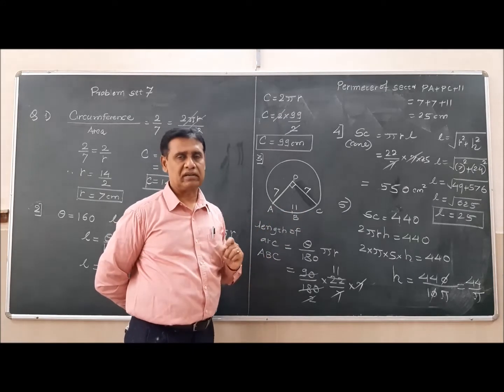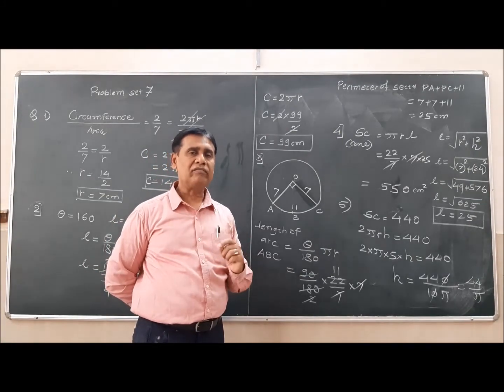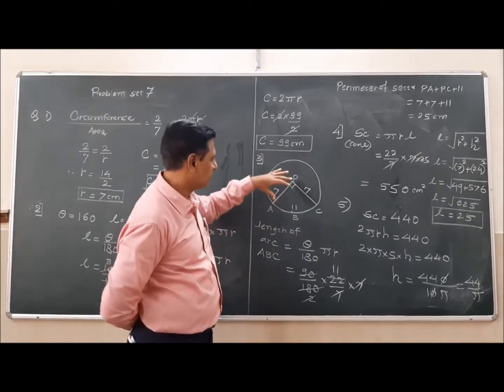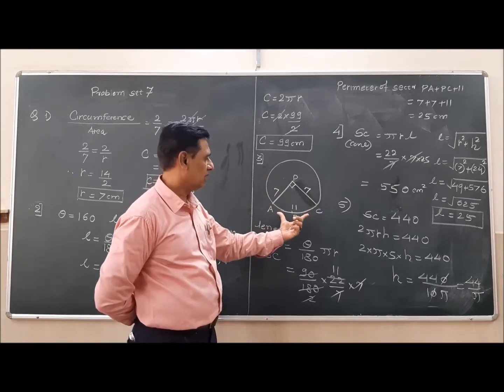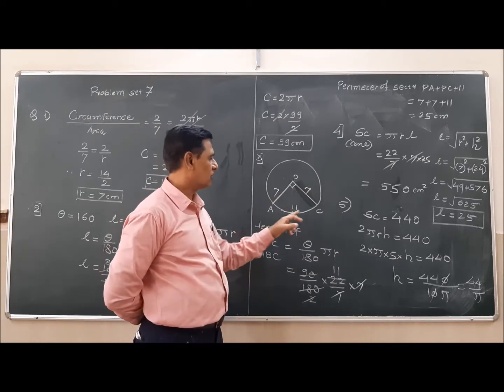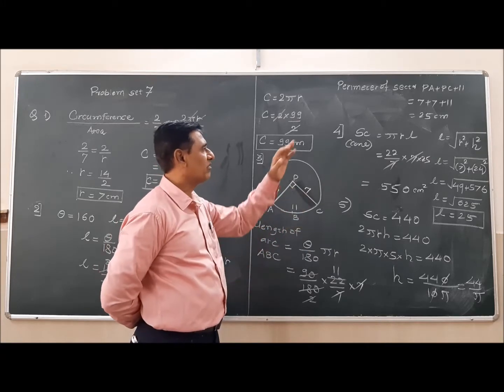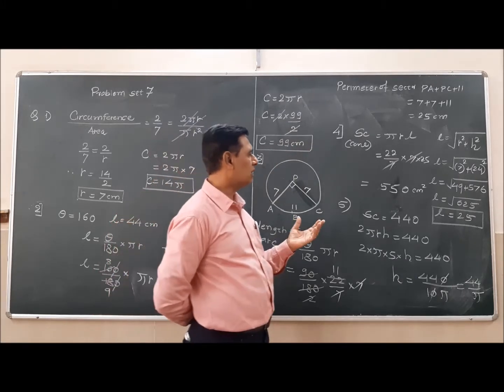Question is to find out the perimeter of sector. So perimeter of sector means boundary, PA 7, PC 7 plus length of arc ABC is 11. So your answer, addition of all these three, will be 25 centimeter. Now next to that, in the next question,